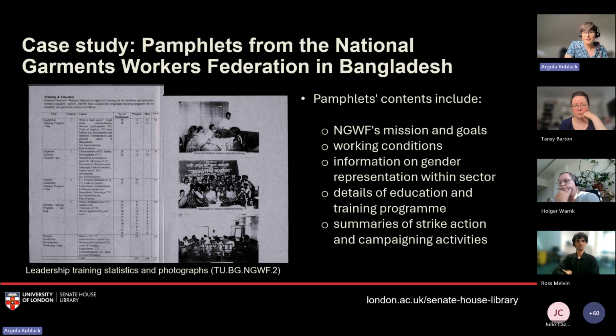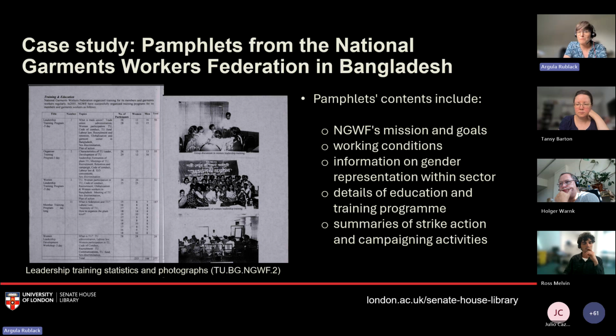In response, the publication cites one of its main activities as, quote, special training and education for the women workers, end quote. And on the left of this slide here, you can see the union's training statistics that they cited during that year, and 2 of its 5 education and training sessions are listed as aimed in particular at women in this case. And it's also accompanied by a full-page spread of photos from these events.